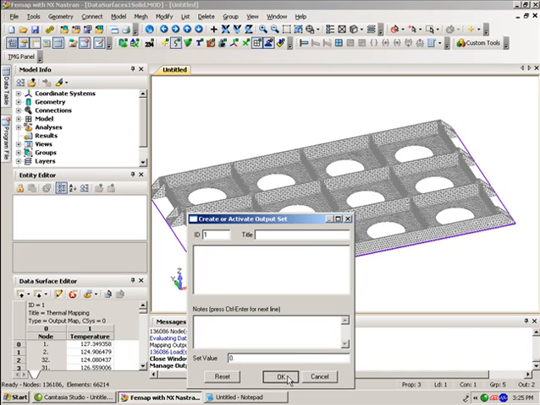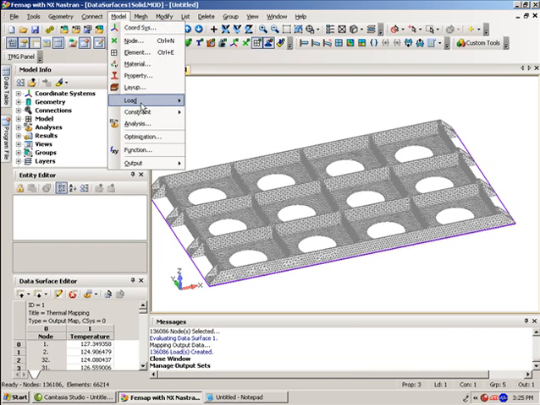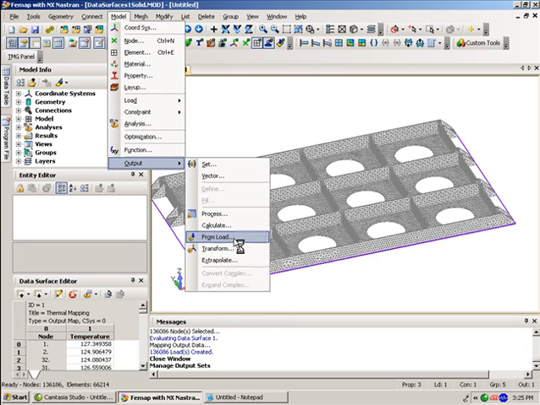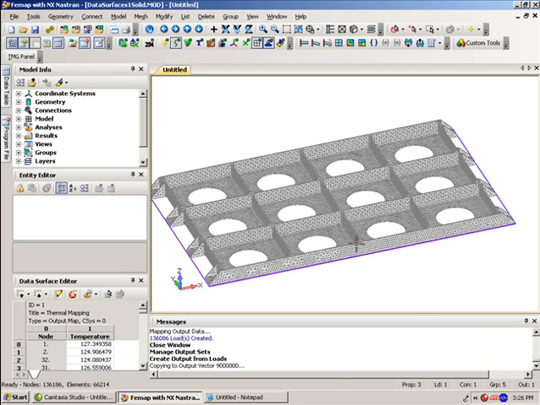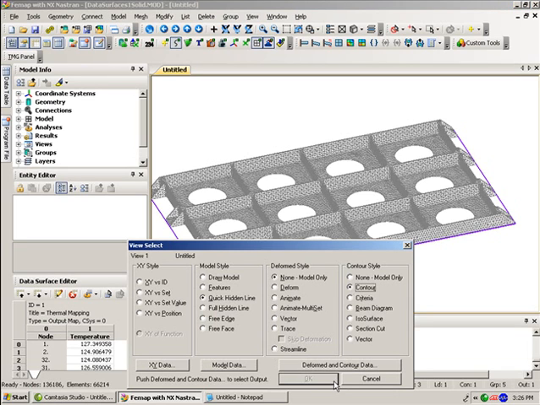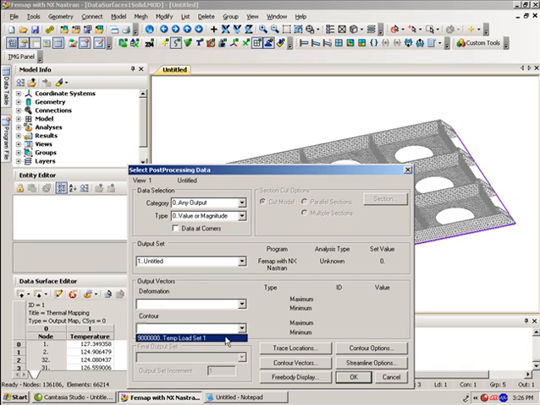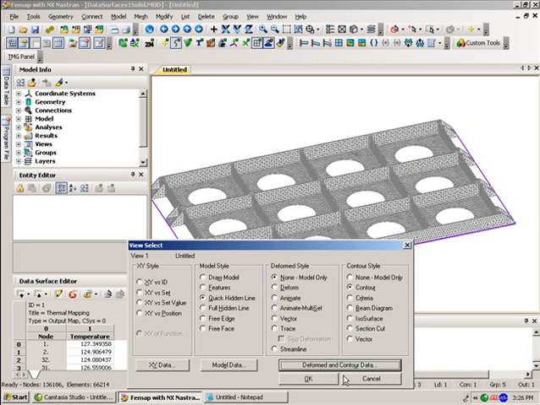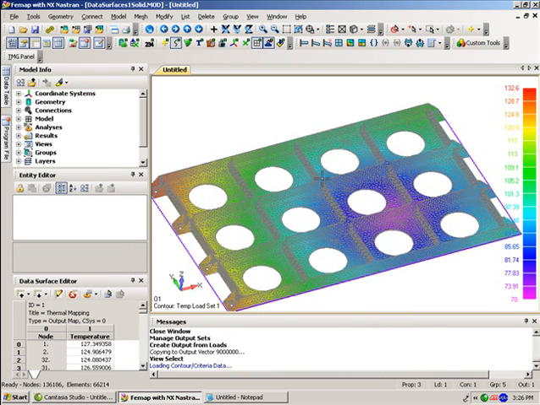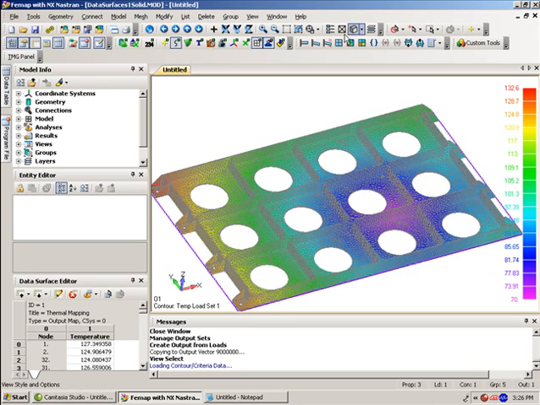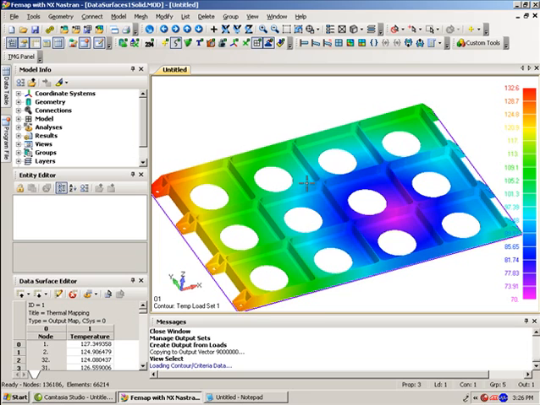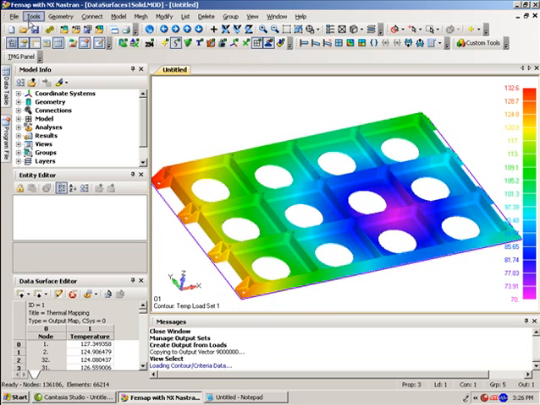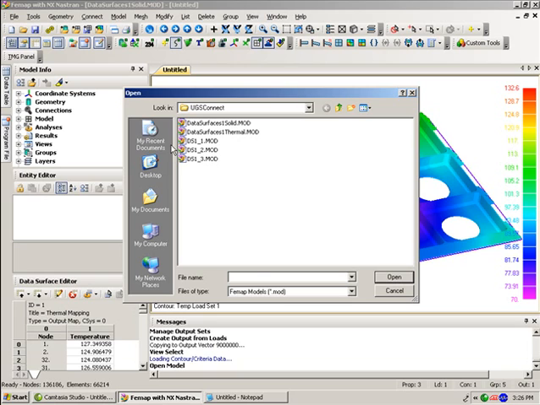Create an empty output set. And create some output from the temperature loading. We'll see how well that mapped. There's our data. Looking pretty good so far. You see we get pretty much the same distribution we had in our other model. Looks great. Again, I've already run this in Nastran, so we'll just take a look at the results and see